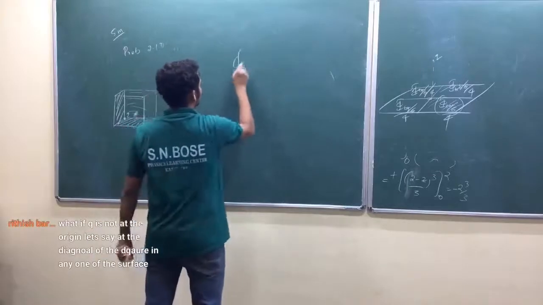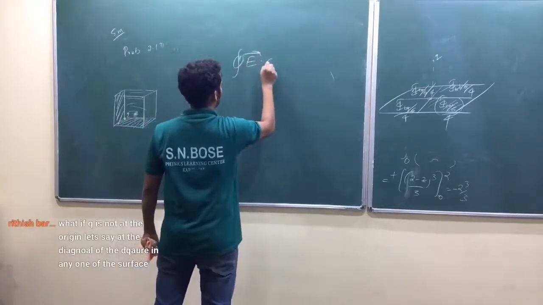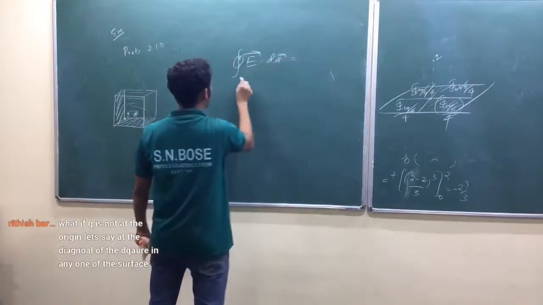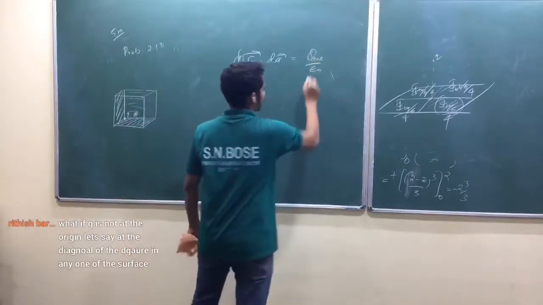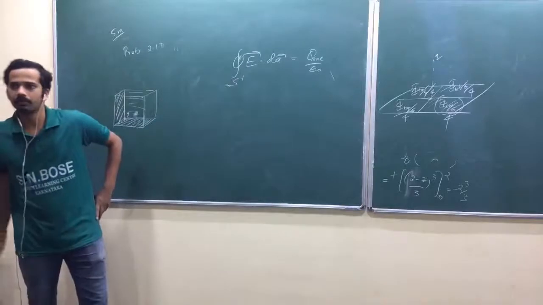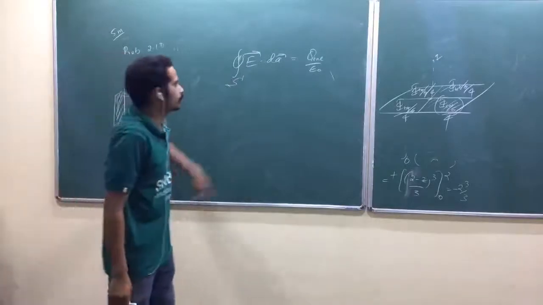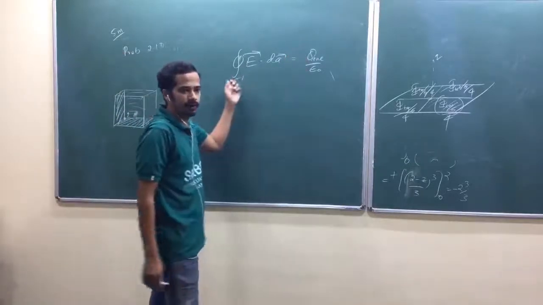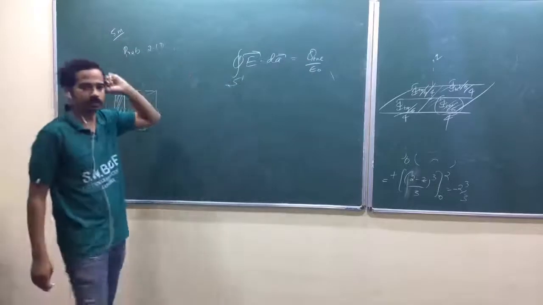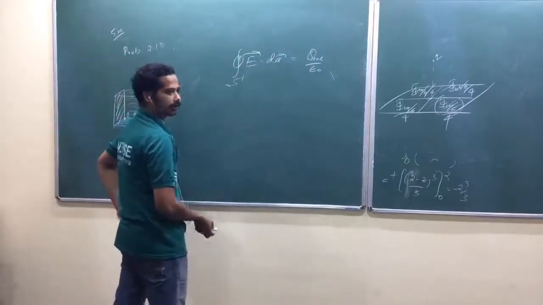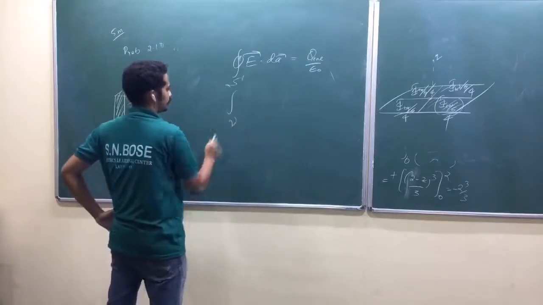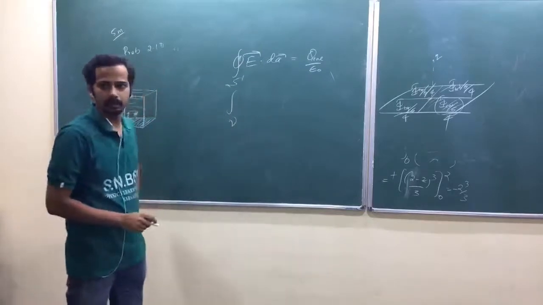Now, we got E bar dot dA bar. Actually, I need some more ideas, okay? Q enclosed by epsilon naught, am I right? That was our general Gauss law. Q enclosed means net charge enclosed by this surface. This is the closed surface integral. Now, can I use my Gauss theorem to convert? What is that one? Volume integral. What is that volume?